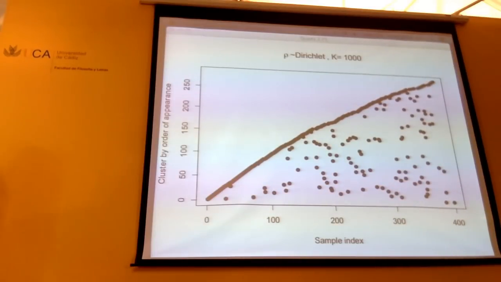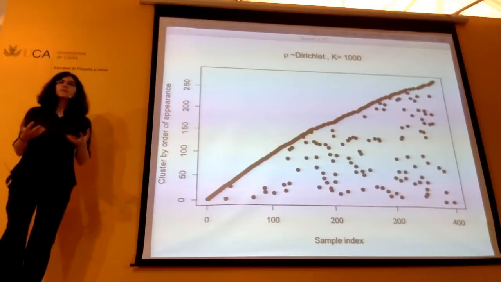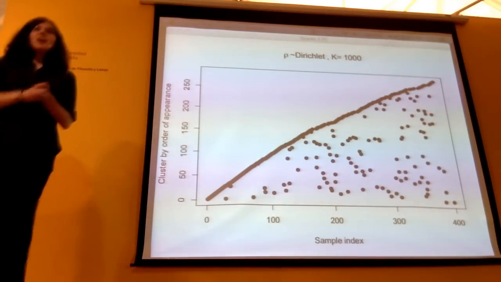Yes? What is the relation between the amount of data and the parameter of the Bayesian solution? Because the smaller the parameter, the higher the amount of data. Right, okay. So the question was, what is the relationship between the amount of data you need and the parameter of the Dirichlet distribution, and K.